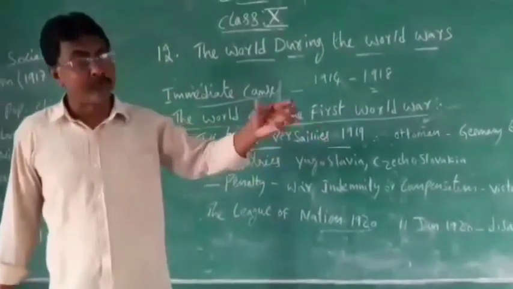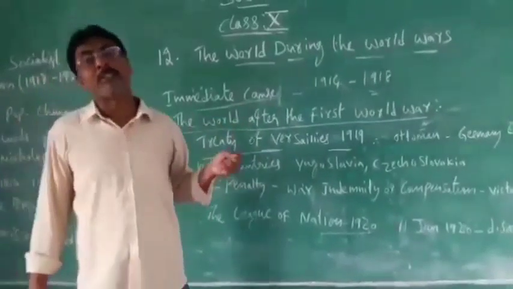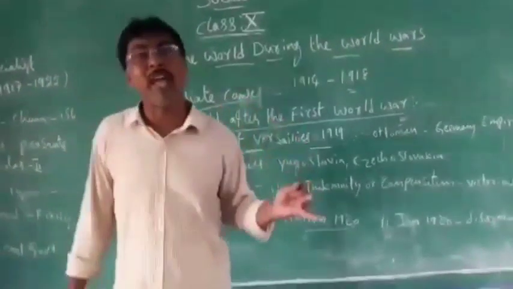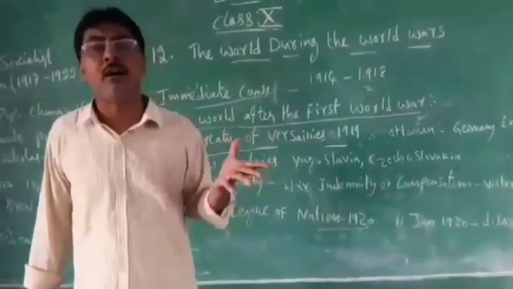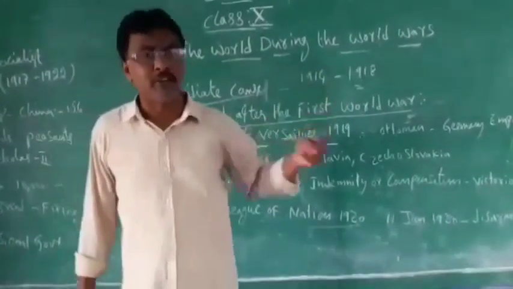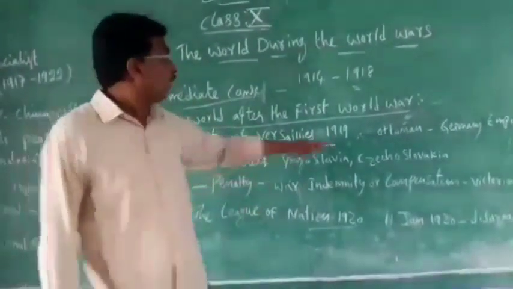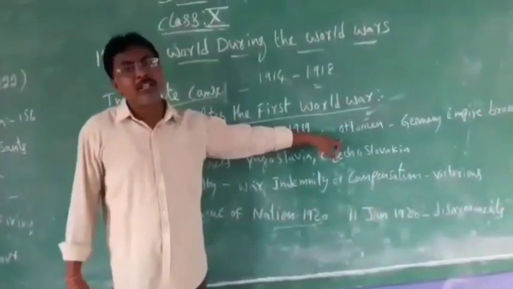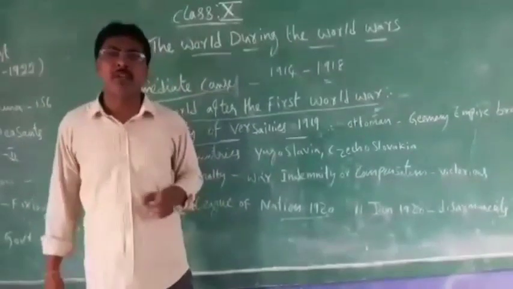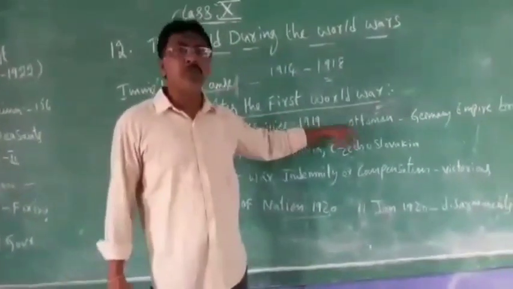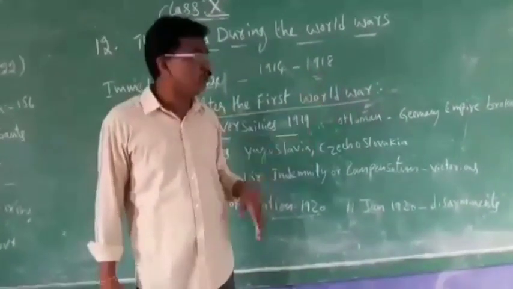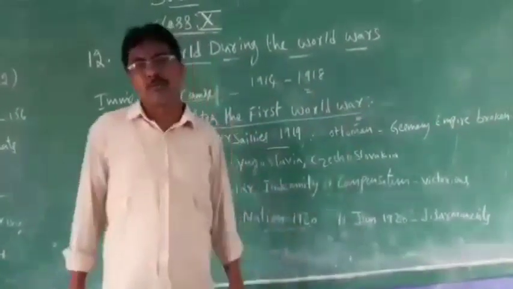some European nations became one. All the European nations became one, meaning England, France, USA, Russia, they became one. The big three countries, all the European nations became one. And they removed the Ottoman. The Ottoman is a very powerful king, ruling Turkey. They sent him out of Turkey. Why? Because he gave support to the Axis powers. They were defeated, so the Ottoman was removed and the German king was removed.